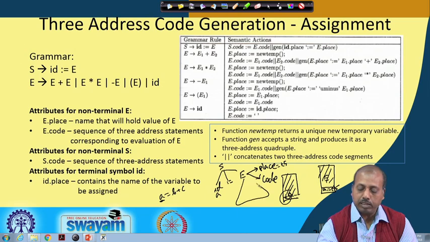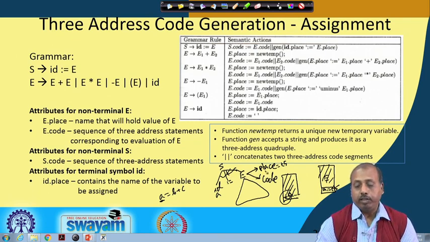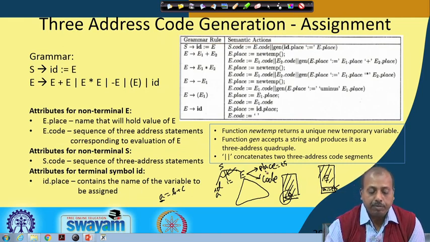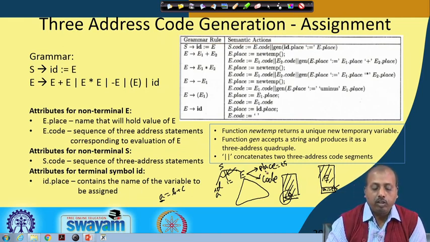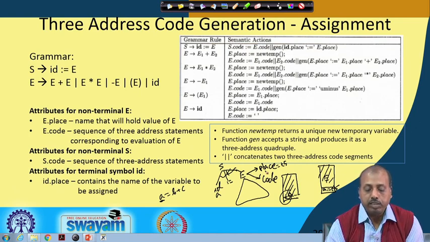If this is the parse tree for E, you see that in a shift reduce parsing policy, this reduction will be done at the end, after all other reductions are done. So, by the time you are doing the reduction at this point, the place and code are already computed for E, and then we generate the extra code, id dot place assigned as E dot place. This way I have these two attributes, E dot place and E dot code,